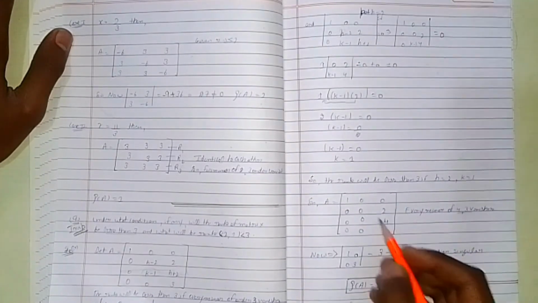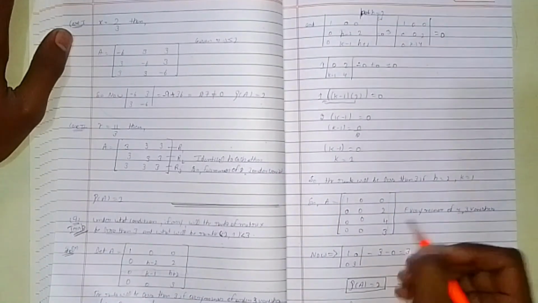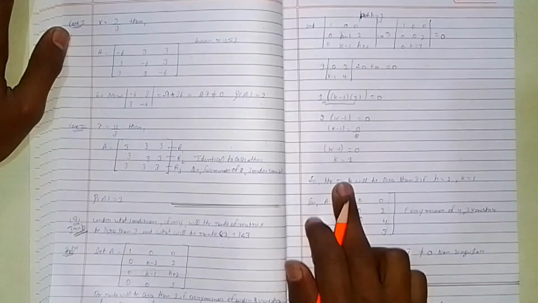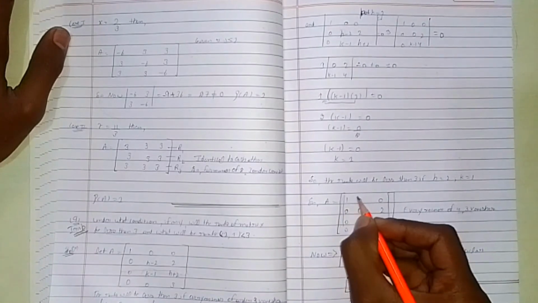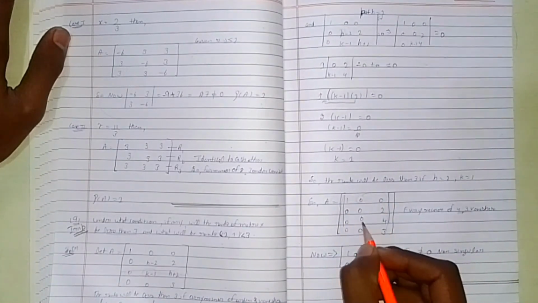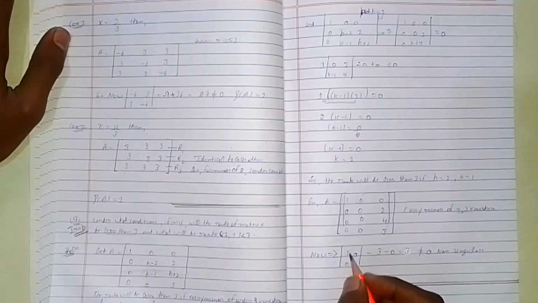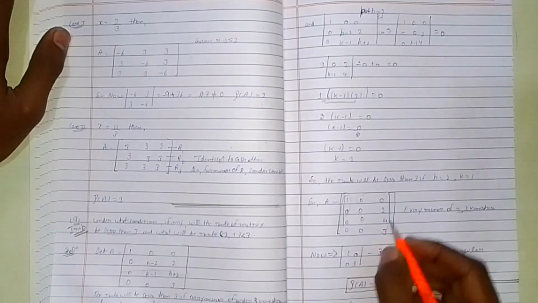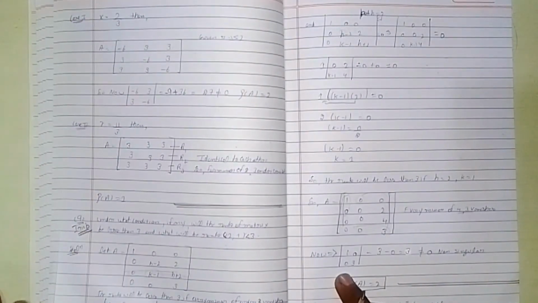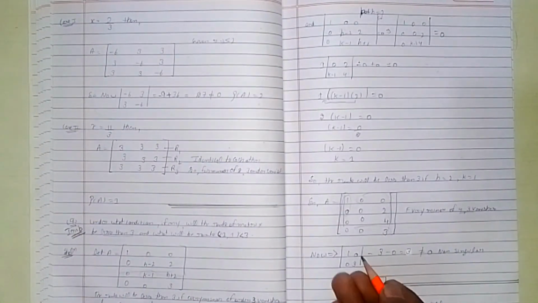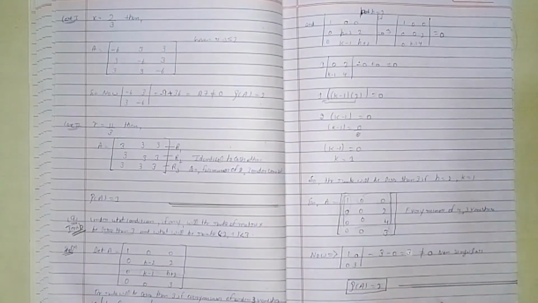How do we get it? Because after solving, if you don't know how to solve a 4 order determinant, you have to just solve 3 order determinants. If you solve the 3 order determinant like this, 2 vanishes, also 0 into 4 is 0, 0 into 2 is also 0, so it also vanishes. We have only two order things, that is 1 0 and 0 3, one row and one column, which gives me a non-zero answer. Why am I getting this? Because I know it is less than 3. Less than 3 means 2 or 1. So I am getting 2 here, non-singular, rank is equal to 2.